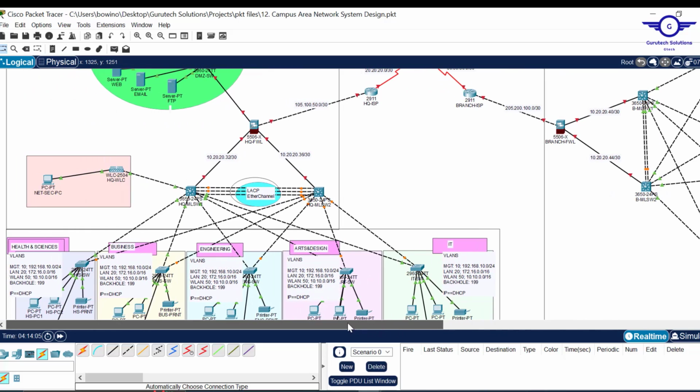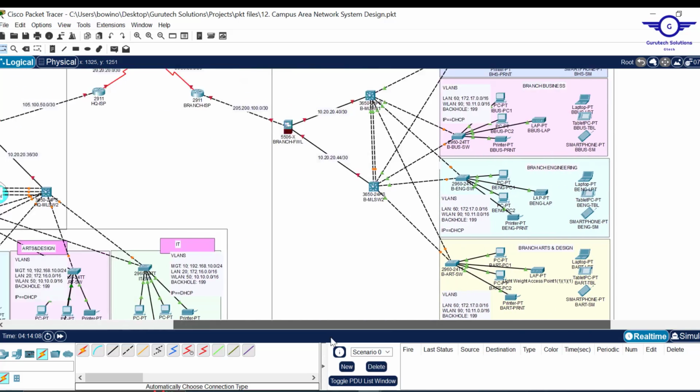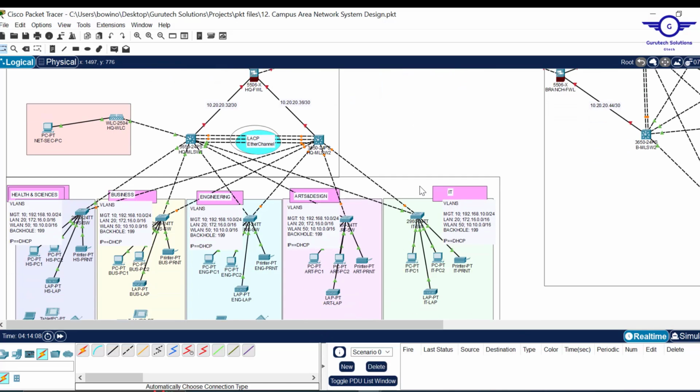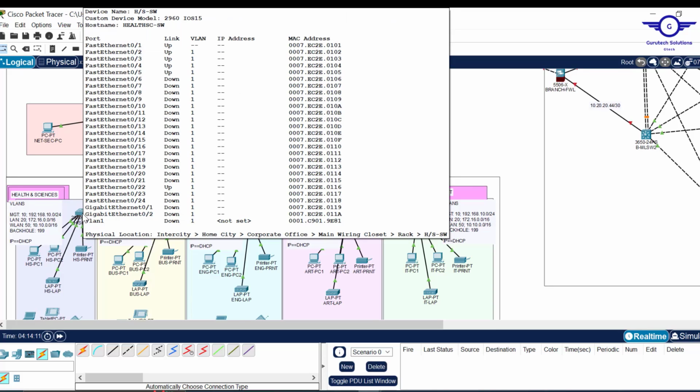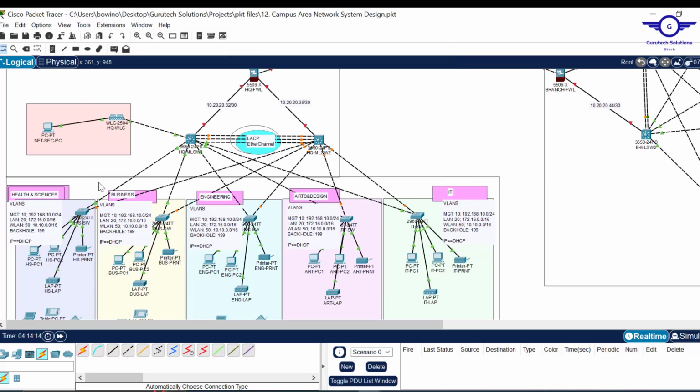Or what's important, let's finish on this side first. Being that the VLANs are different on this side, now let's finish on this side first. Okay. So when you come on the access switches, we said that it's very important actually. We said that any port from FA1 to FA2 will be trunk because they connect to